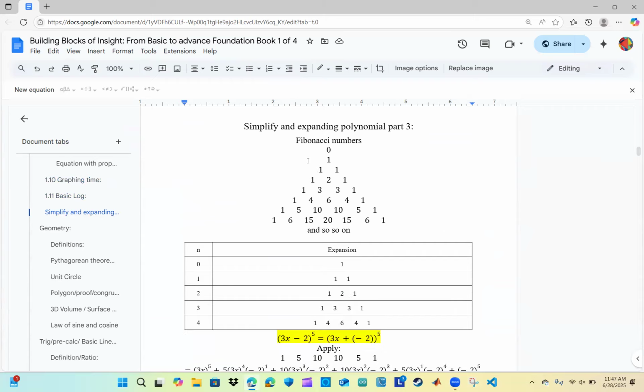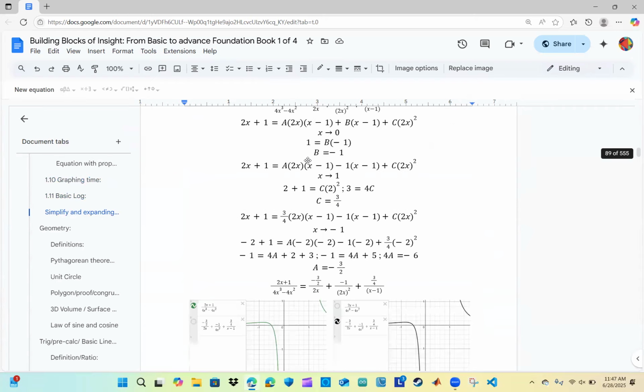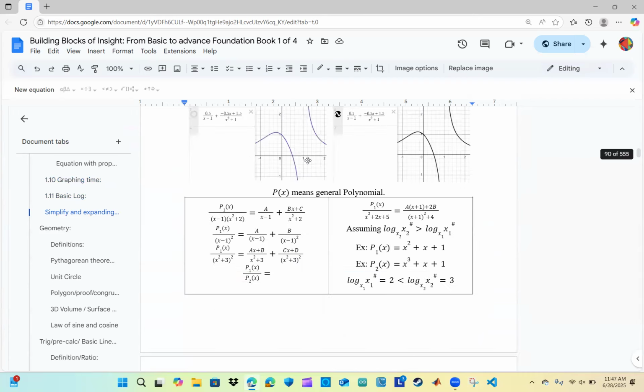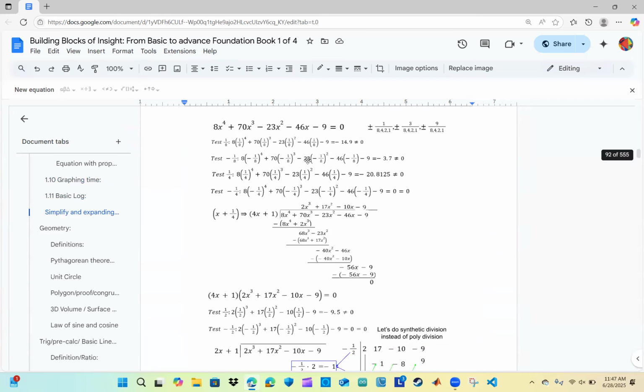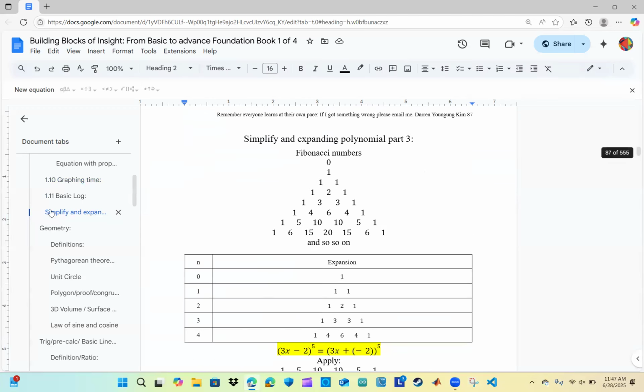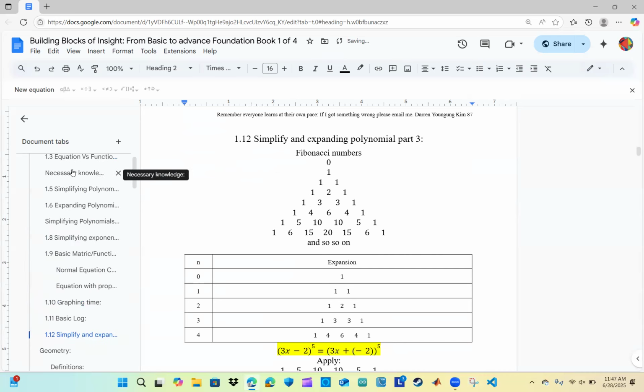And then simplifying and expanding part two. Right. Oh yeah, okay. This is good. This is a good one. So 1.12 is fine. There are some sections like this one and this one that definitely need changing. All right, we're done. I'm gonna do that later on. And then